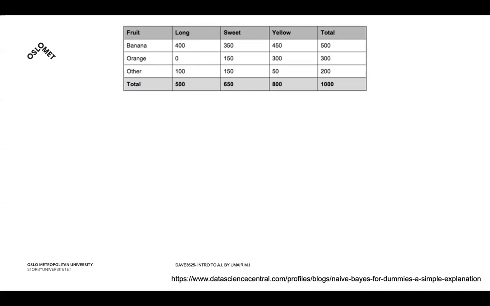But every banana is not really following the same category. Some bananas are green. They might not be yellow. And the same goes for orange, and the same goes for other as well. So you classify everything based on the information you have in front of you. And what you do is,